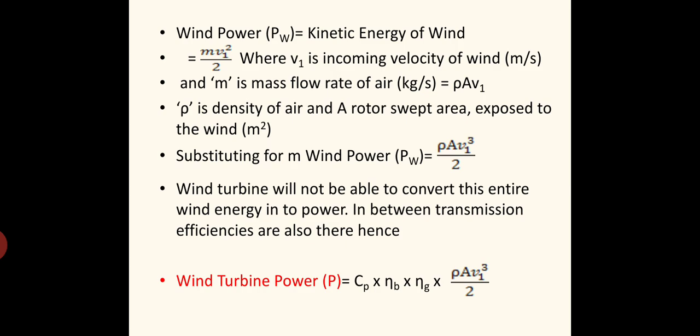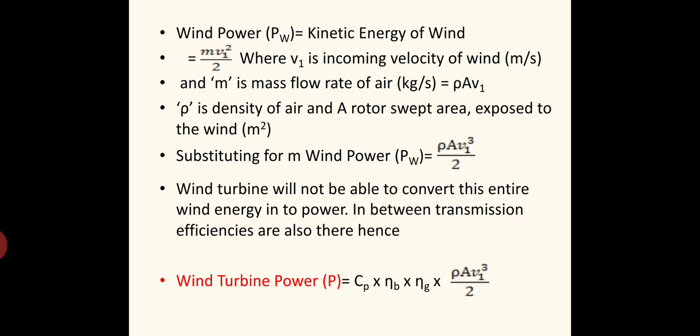It is usually around 1.22 kilogram per meter cube at sea level. So based on the altitude, we can have that density of air. A slight variation will be there, that we can obtain from the standard charts. A is the rotor swept area exposed to the wind. See how much area is exposed by the rotor to the wind. That is what is known as capital A, the area. A is the rotor swept area. So that will be a circular area.